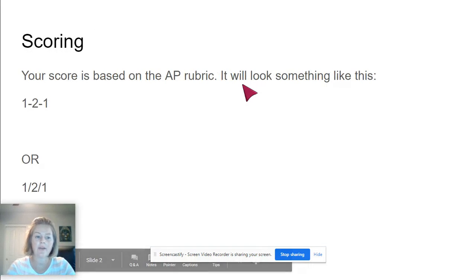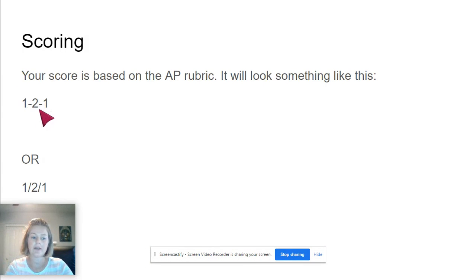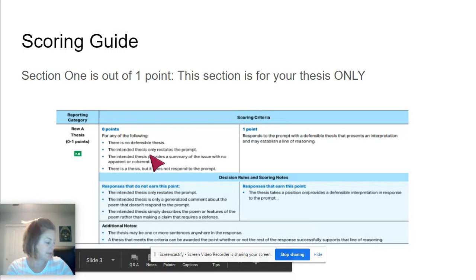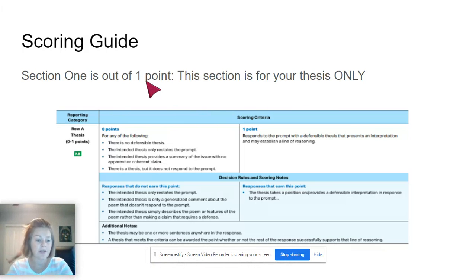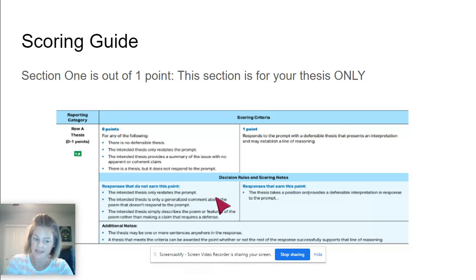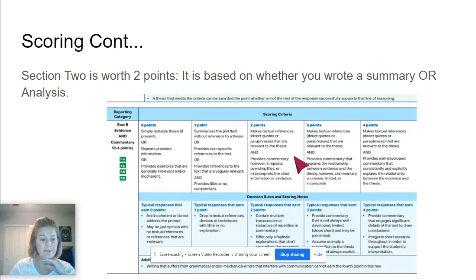So first of all, how I score it, you'll see numbers right here. There'll be whatever with a dash, or it'll look like this. I'm going to go over what each one of those means. So if you got a 1 as your first number or a 0, it's because of the thesis statement or theme. They're the same things. So 0 means that you were either only a topic or you were too specific. A 1 means you got credit for it, you did a good job, excellent, you weren't too specific, and you gave a full message.